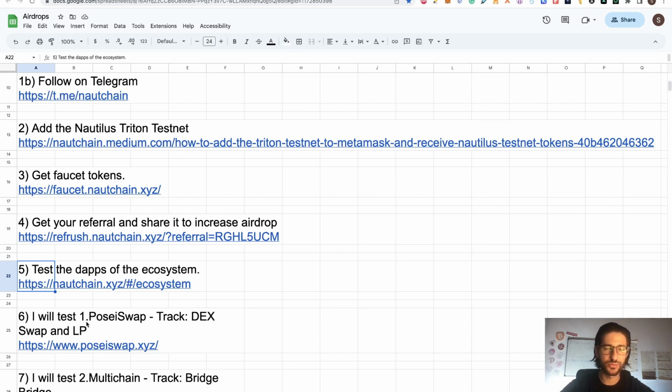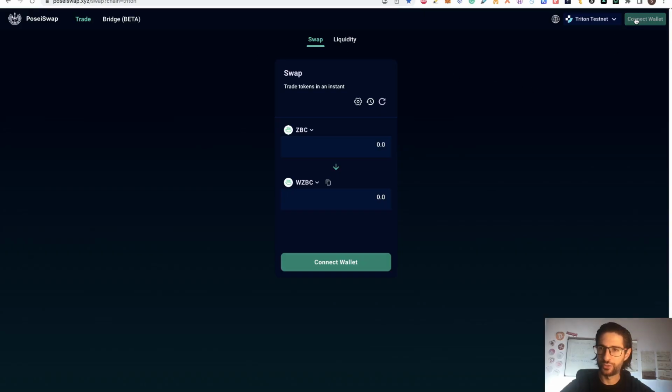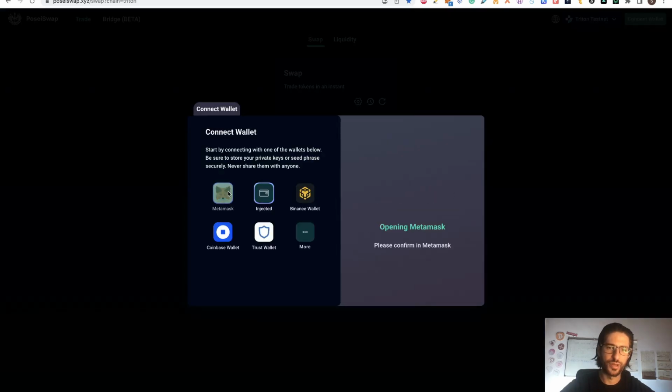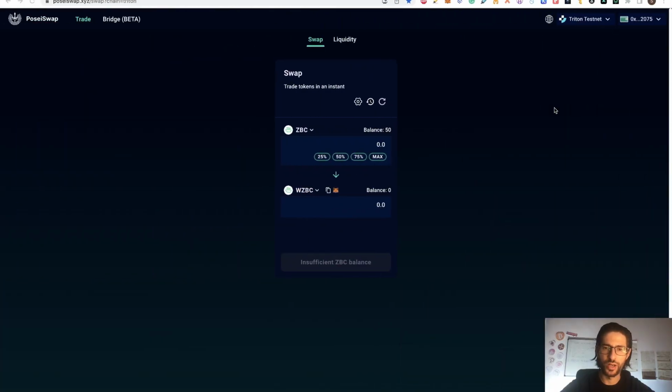So this is a DEX. We are going to try to swap and enter a liquidity pool. So click here, go to the link. Once you are here, you need to connect your wallet. Remember, we are going to use Triton Testnet. Click on MetaMask. After you are connected, you can see that I have balance on ZBC, and we are going to try to